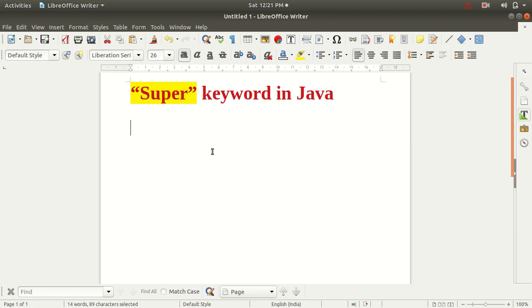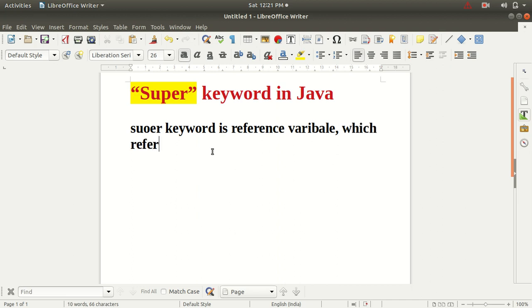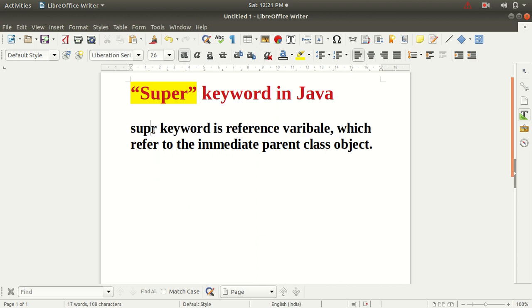So if we talk about its definition, the super keyword is a reference variable which refers to the immediate parent class object, right?